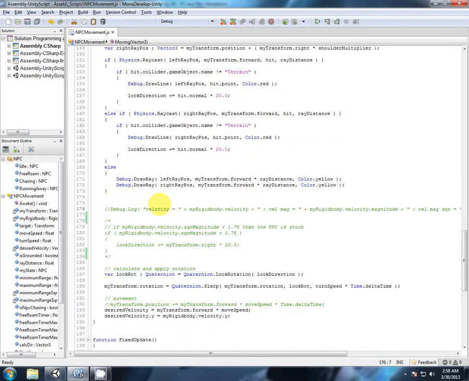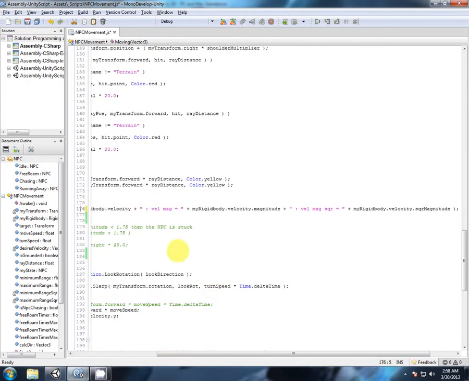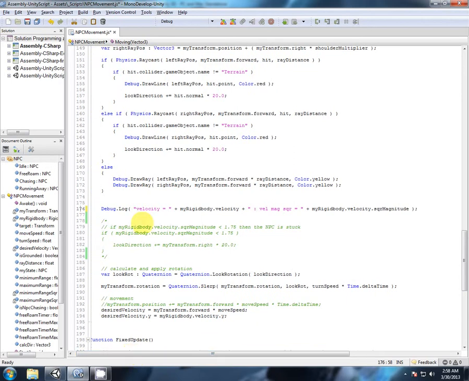So the first thing we're going to do is add a debug here. I'm going to check the velocity of the rigid body, so that'll return a vector 3. And then here I ask for the magnitude, but we're not going to worry about that, so I'm just going to bring all that back. So we're going to check the velocity of the rigid body, and we're also going to check the square magnitude of the velocity of the rigid body. So if I save that out,